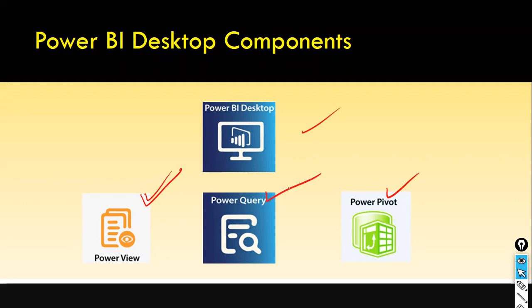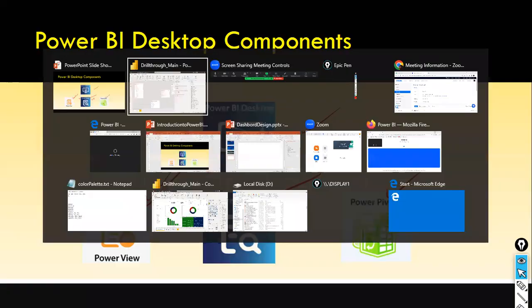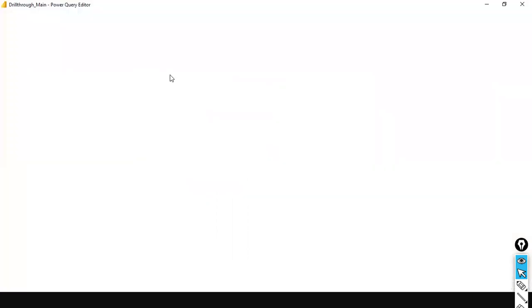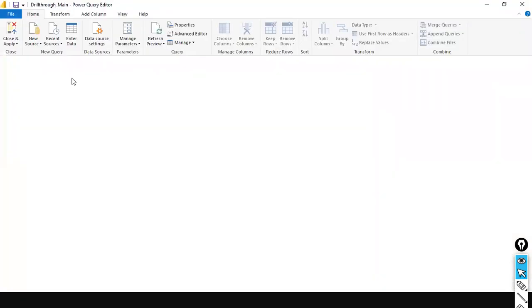And we have something called Power Query. I always refer to this with our home kitchen. Like I said, meat, you buy it from the market, you need to clean it. So all the data cleaning, everything you do in the Power Query editor. I'll just go here and show you. For example, if I click on this icon, it will take me to my report canvas, and you will find something called transform data. And if you click on transform data, it will open the Power Query. Can you see the Power Query? This is where we do the data cleaning, data pre-processing, everything.